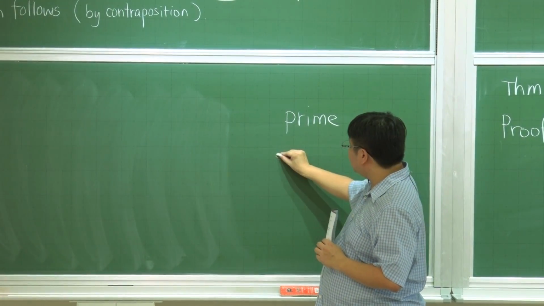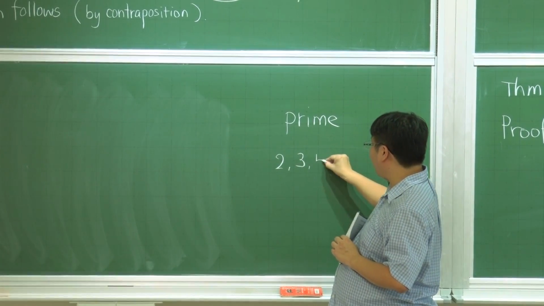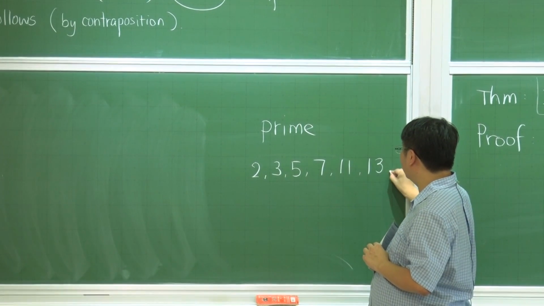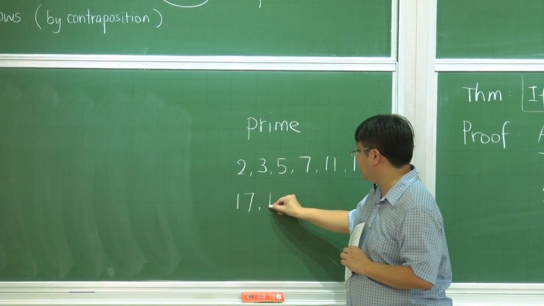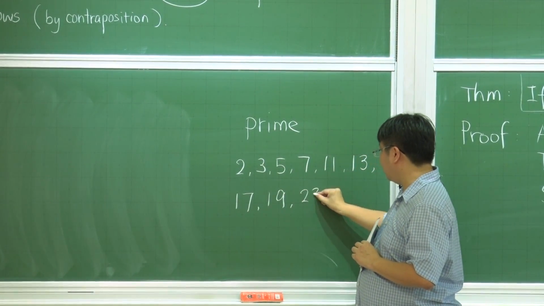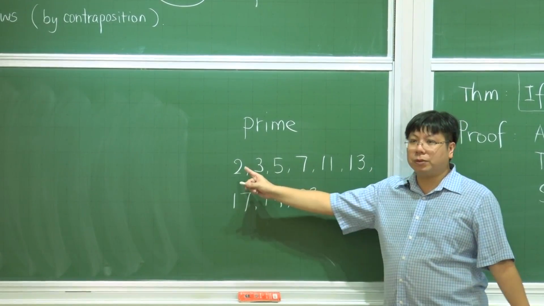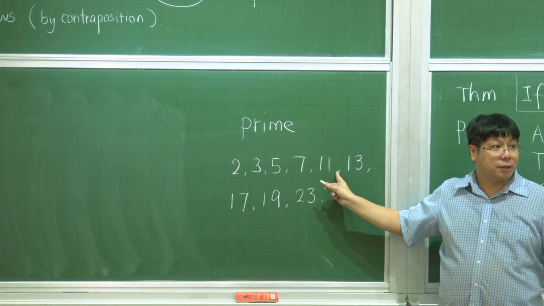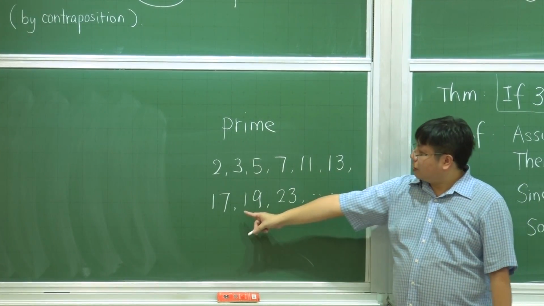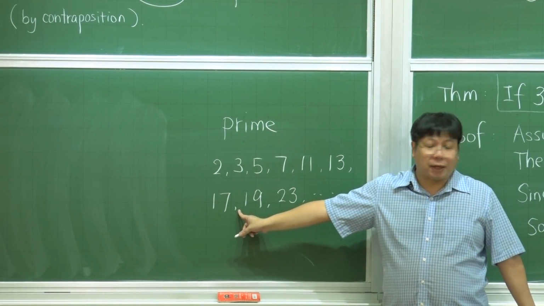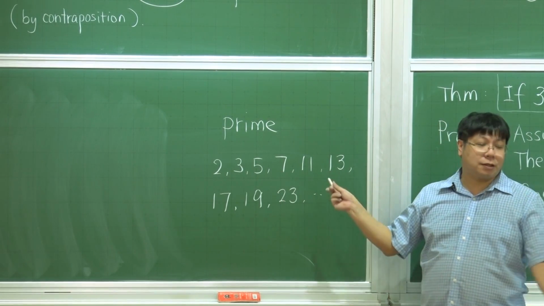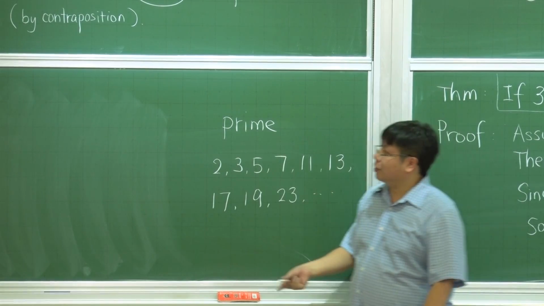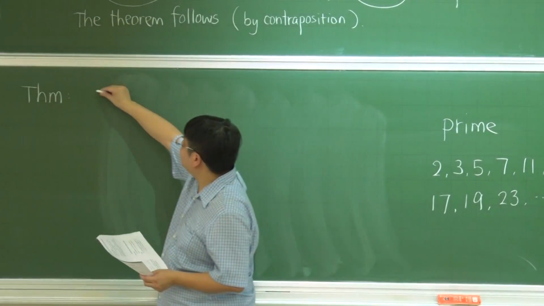So what are prime numbers? 2 is a prime, 3 is a prime, 5, 7, 11, 13, 17, 19, 23, etc., etc. All the numbers in between are not primes. For instance, 12 is not a prime because it is divisible by 2. 18 is not a prime, it is divisible by 2. And 15 is not a prime because it is divisible by 3 or 5. Is that okay? Good. The theorem here says there are